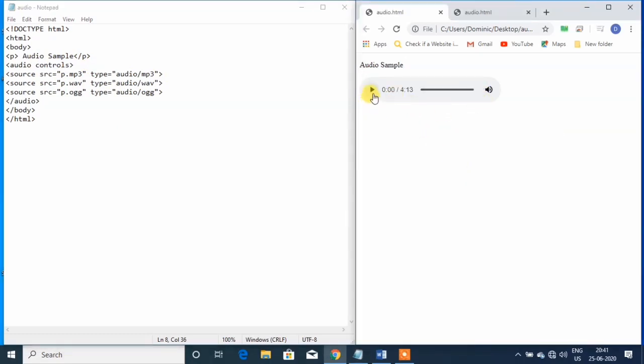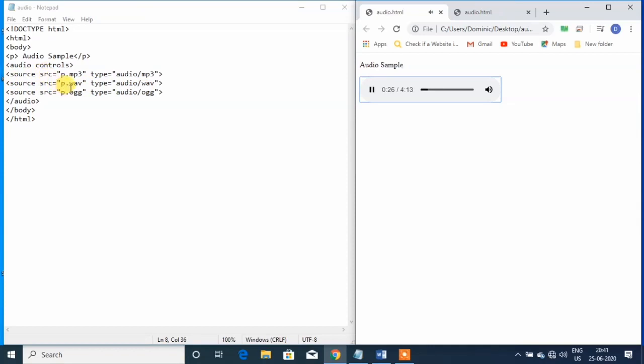You can click on the play button and check whether it is playing or not. Your file starts playing, which means if one of these files is not playing, another will play, and if that is not playing, the third one will definitely play. So this is called multiple sources added in the web page.